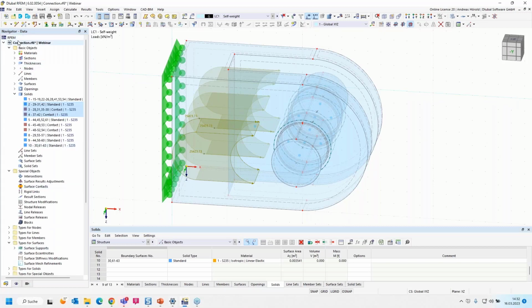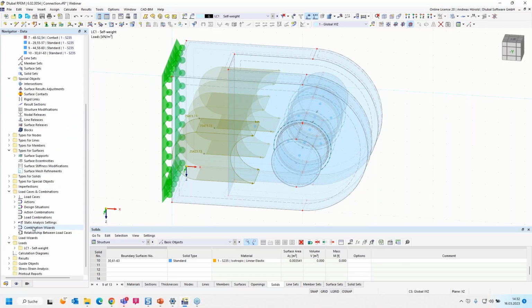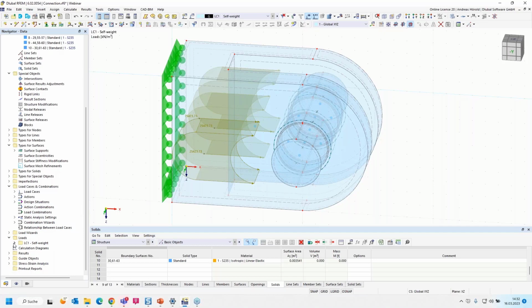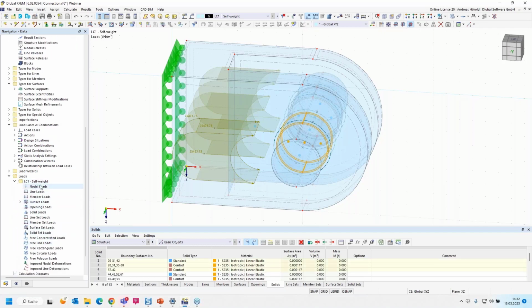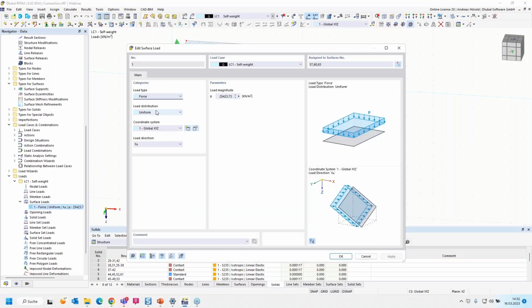Okay, in the navigator data, you can search for the load. Actually, at the moment, it is the self-weight load case. We will change that. I can see the surface load here, and if you double click on it, we reach